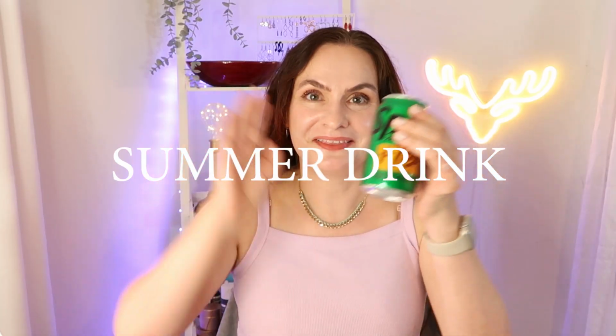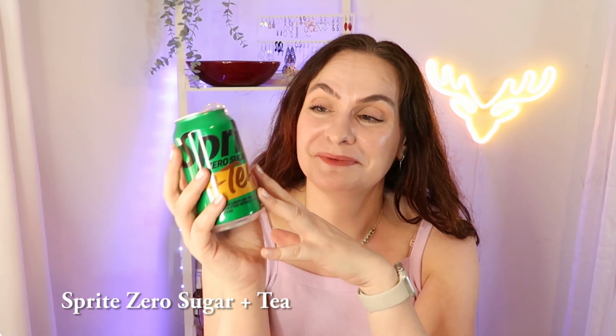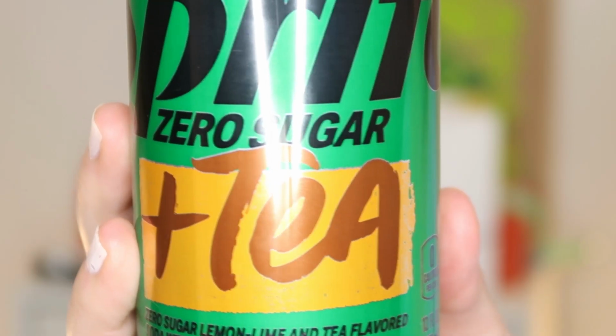My next summer fave is this from Sprite. It's 0 sugar plus tea. I don't like Sprite, but I love the taste of lemon lime, and more importantly, I love iced tea. I love tea. You know, I always bring up tea, and I love drinking tea. This isn't a green tea, even though it's green, so it's not healthy, but I do love the taste of